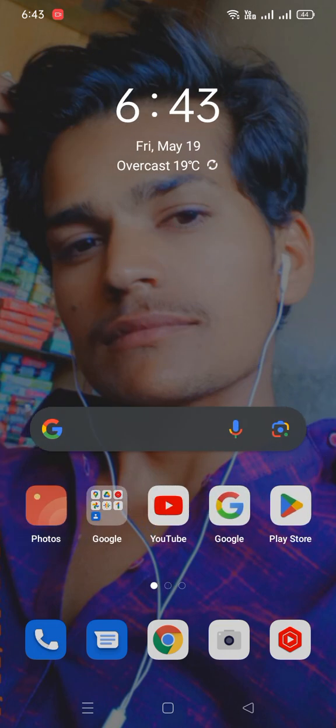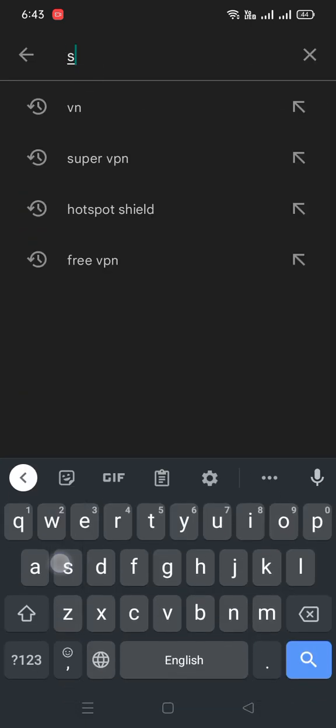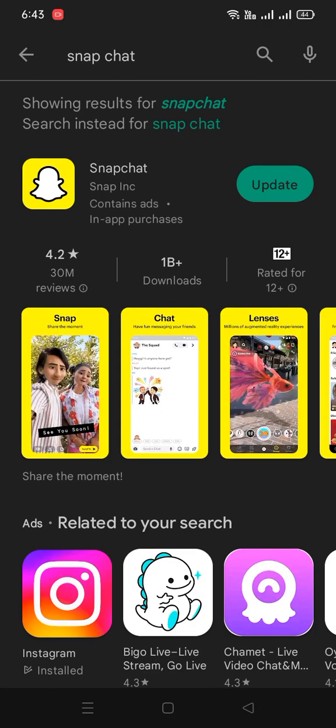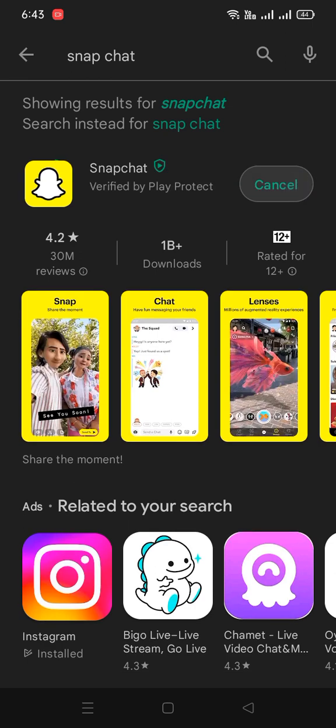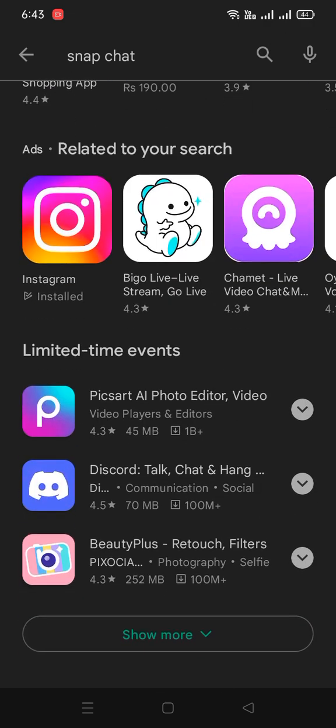So guys, first of all, what you have to do is just open your mobile Play Store or App Store. So guys, open here, and after that you have to search for Snapchat. So I search here Snapchat. If you have not updated the Snapchat app, then first you have to update it, or simply click update. So guys, after that you have to come back,